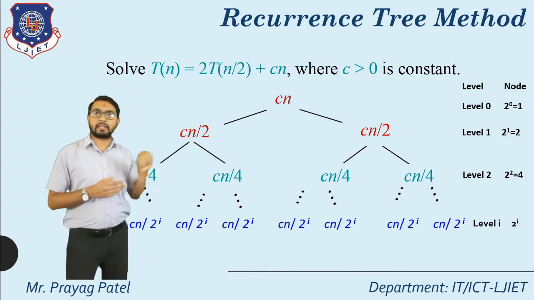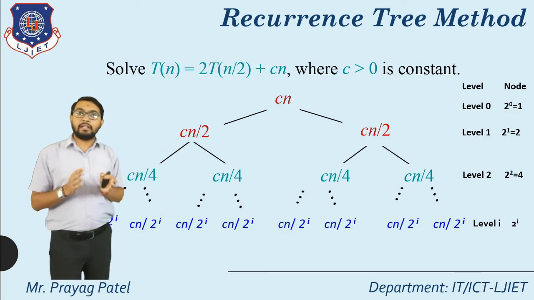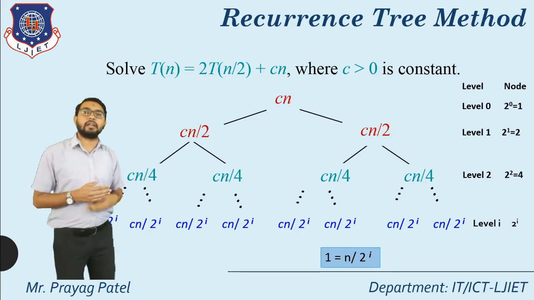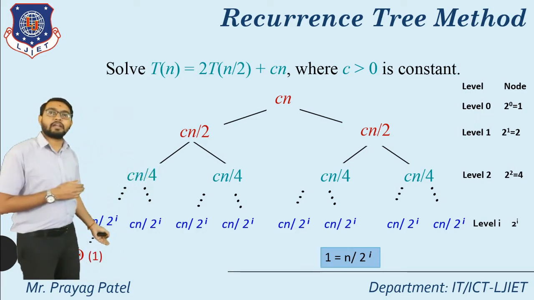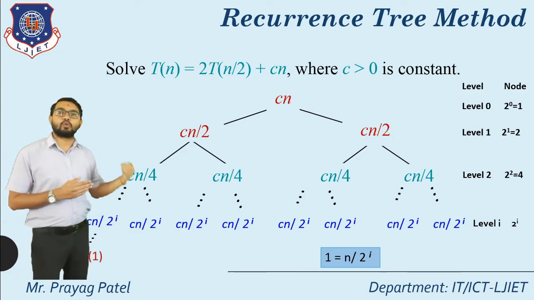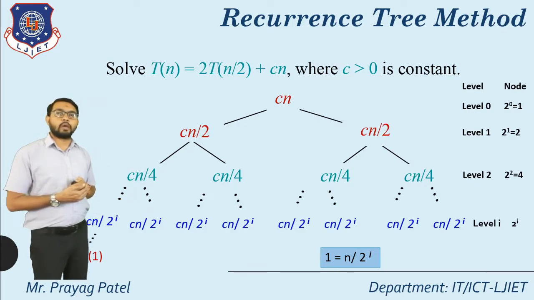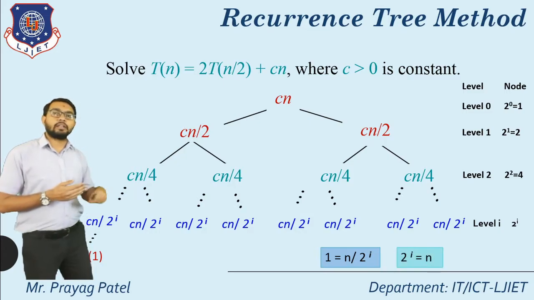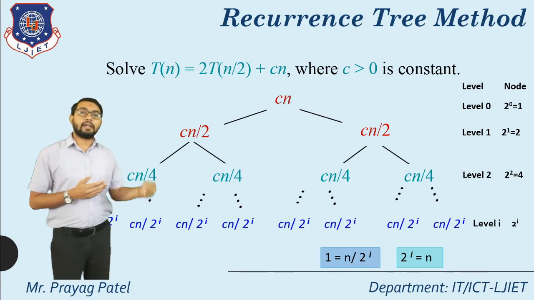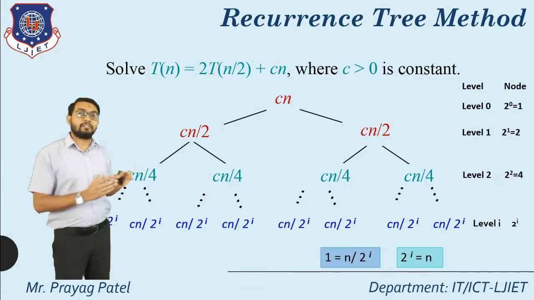Now consider the same example. Cost is like this. Now find the height of the tree. For finding the height of the tree, we consider the final cost as 1. So 1 equals, we can write, N upon 2 raised to I, because the ith level cost is N upon 2 raised to I. So 1 equals N upon 2 raised to I. Now solve this equation, then 2 raised to I equals N. Now find the value of I, because we consider the total I levels are there. So what is the value of I?